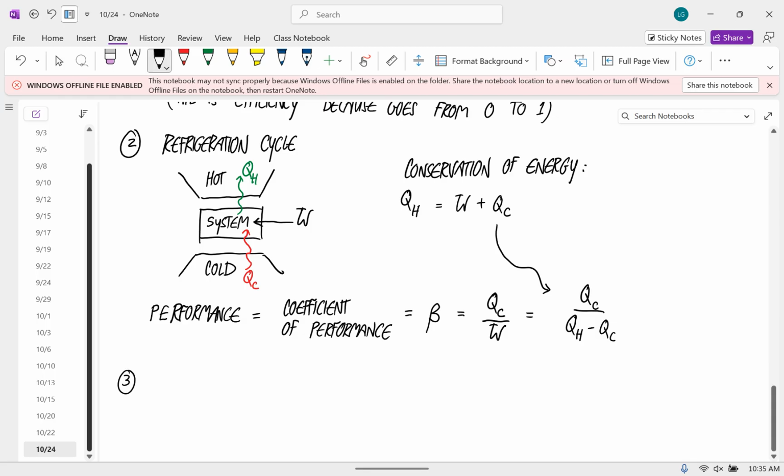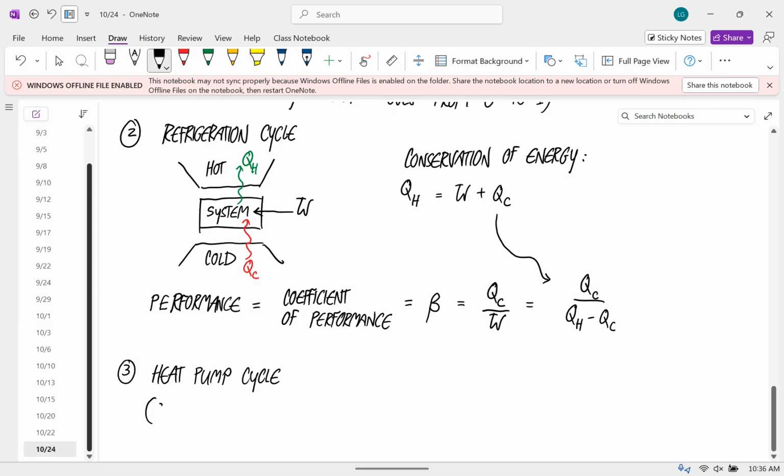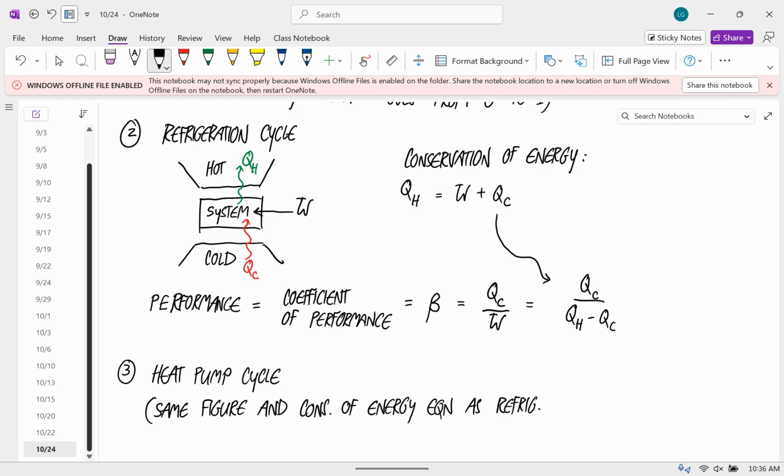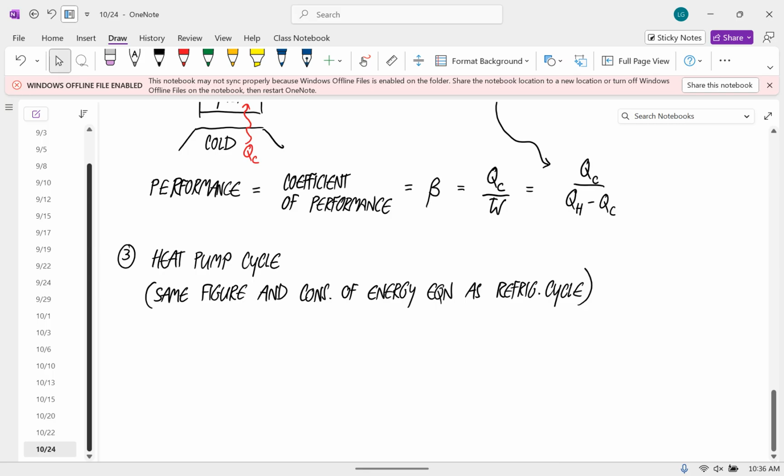And then third is the heat pump cycle. And this one has the same figure and conservation of energy equation as the refrigeration cycle. The coefficient of performance